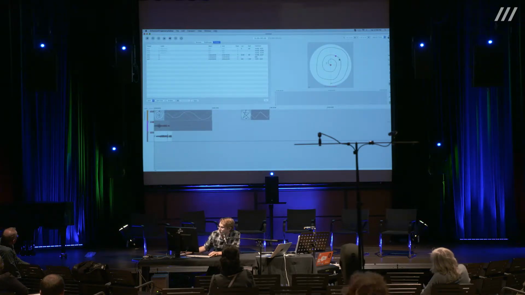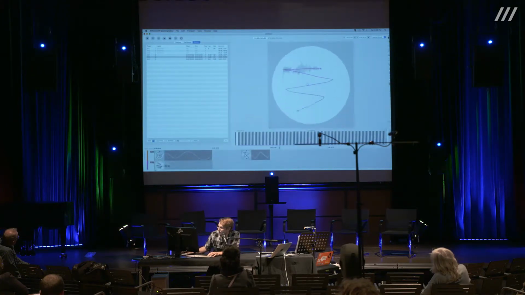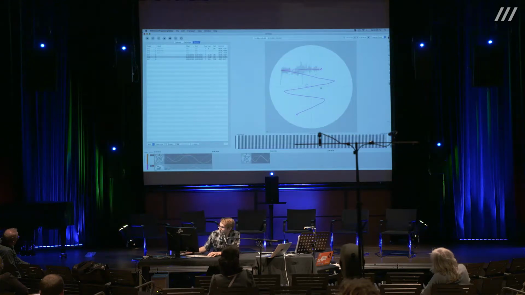So let's start him. He starts here. I want him to move, say like this. Now, one thing you'll note is in the dome view here, it renders the waveform along the path so that you can also figure out where you want the dynamics to lie. If I just draw a straight line,